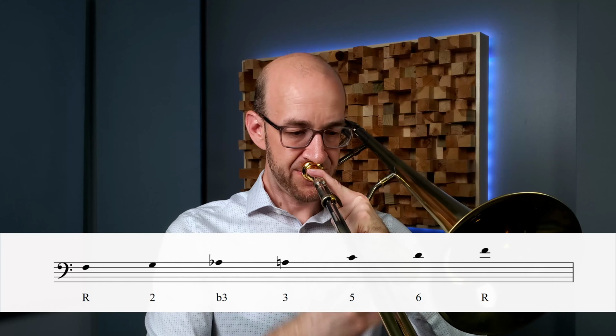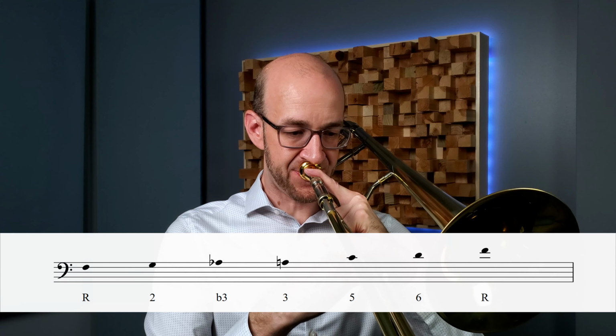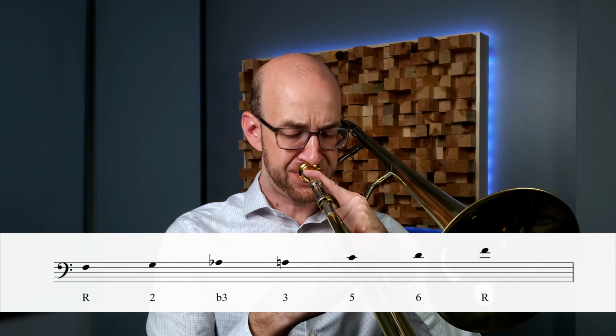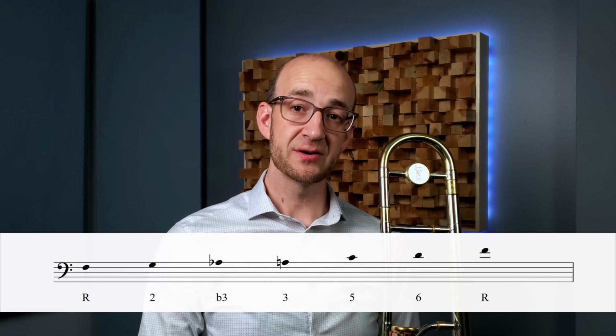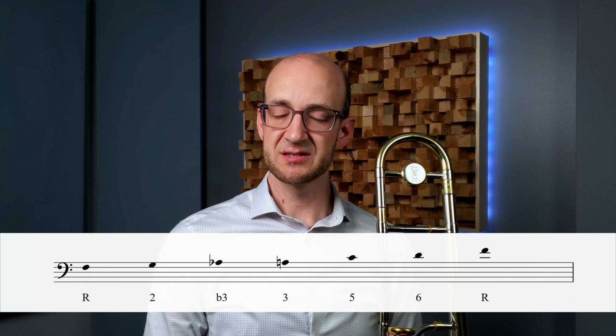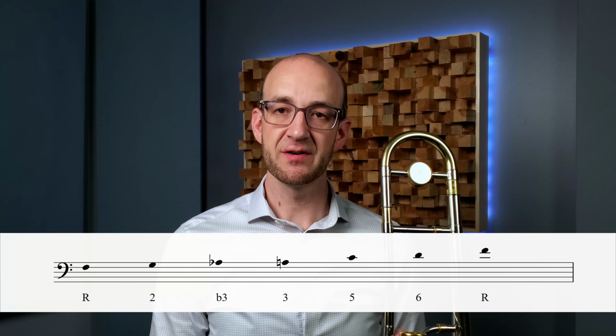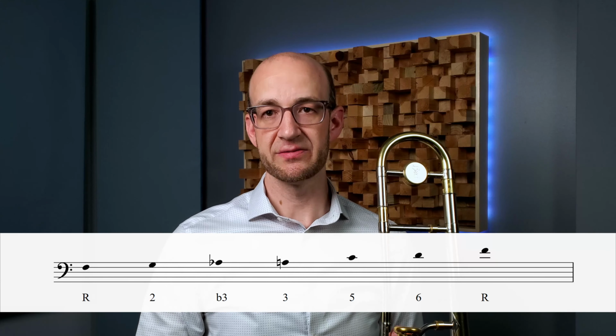The one that you may be less familiar with, or maybe just less familiar with using, is the so-called major blues scale, sometimes referred to as the Kansas City scale. That scale is made up of the root, the second, the flat third, the major third, the fifth, and the sixth. It's basically a major pentatonic with the addition of a flat third as well, so it has a major third and a flat third. Both of these scales are very useful for us, sort of building our vocabulary and helping us find ideas.